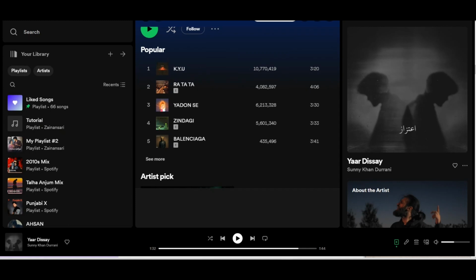In this video, I will teach you how to make your Spotify pink. So many people want to change the theme of their Spotify because they get bored with this dark theme. So how you can do it, watch this video till the end,